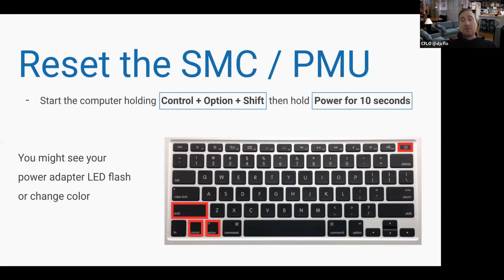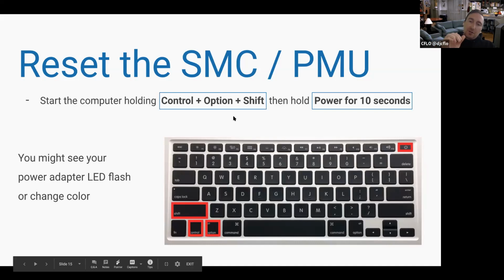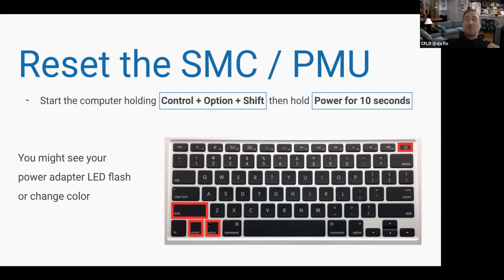I know the Touch Bar models are a whole different process. The computers that you can pull the batteries out of, it's a different process. But for the ones we're talking about here, the mid 2015, 2014, 2013s, you hold Control, Option, and Shift, hold all three, then you hold the power for 10 seconds.